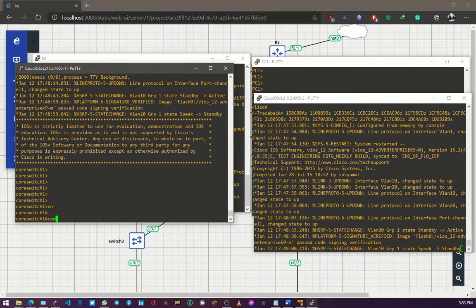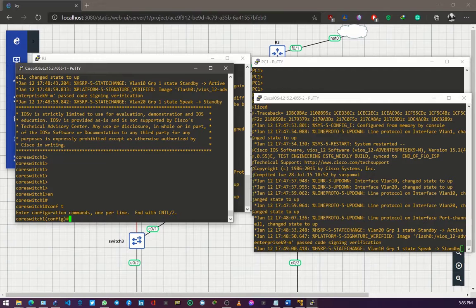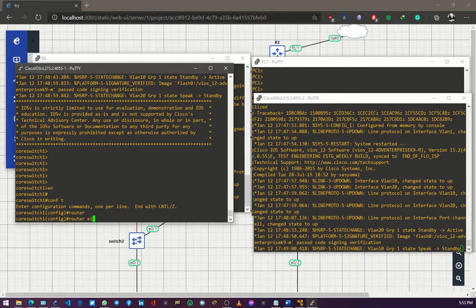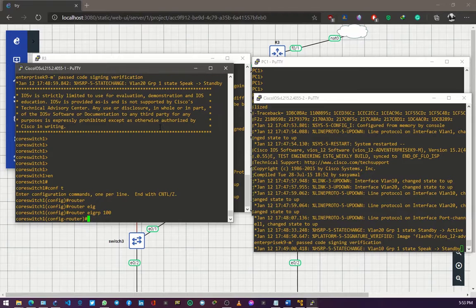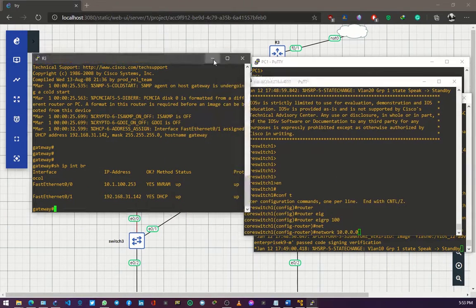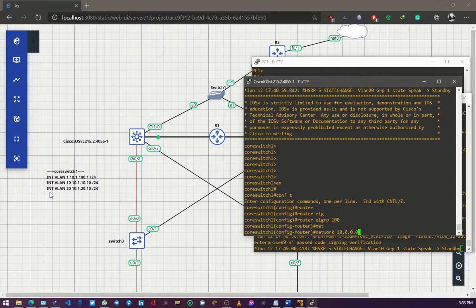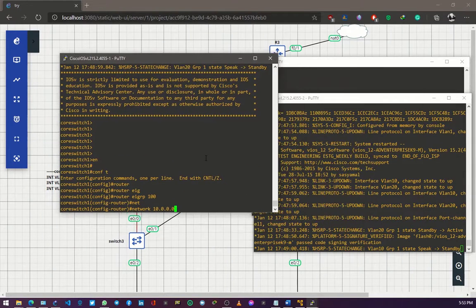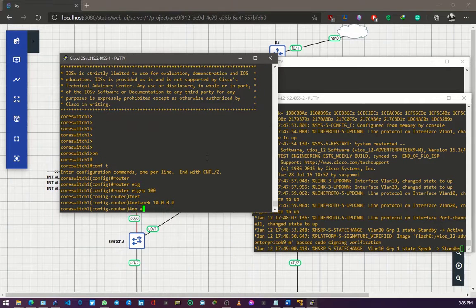So I'll choose EIGRP. Config t, router EIGRP, the process of 100, and network, and I use 10.0.0.0. Here I'm trying to perform a variable length subnet mask. Why? Because let me show you something. All the IP addresses for the respective VLANs are in the 10.0.0.0 network. So when you do a variable length subnet mask, we are going to get something like this because all these IP addresses fall within this network range. So network 10.0.0.0, no auto-summary,